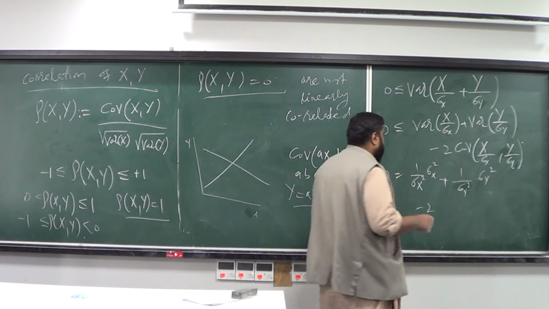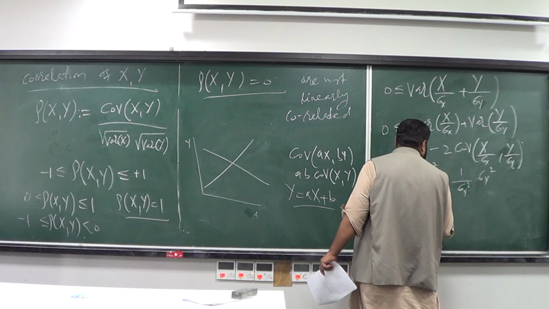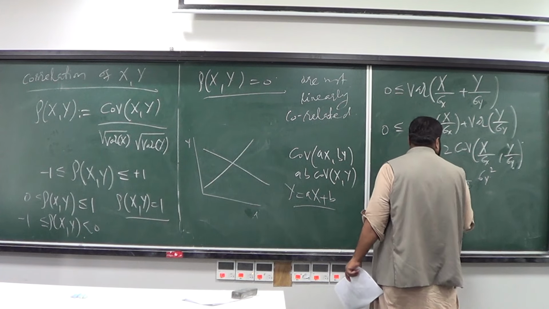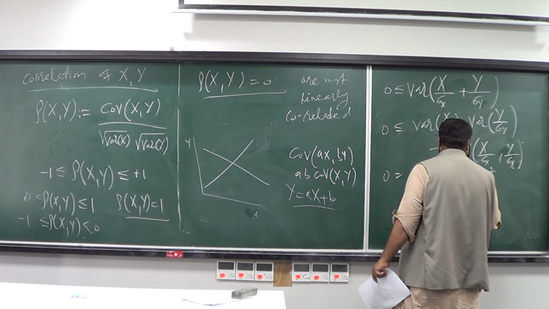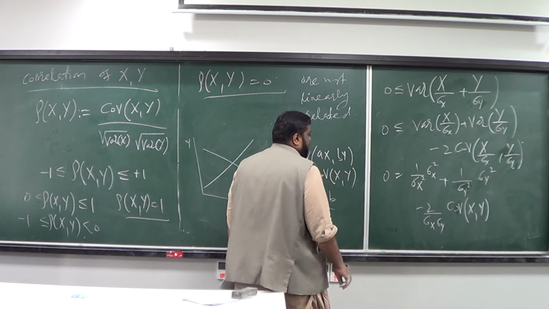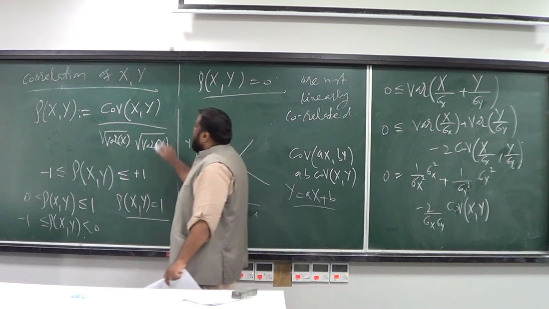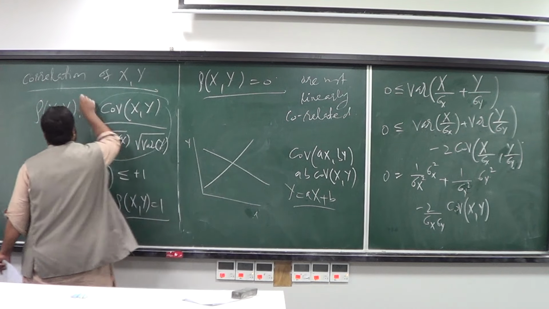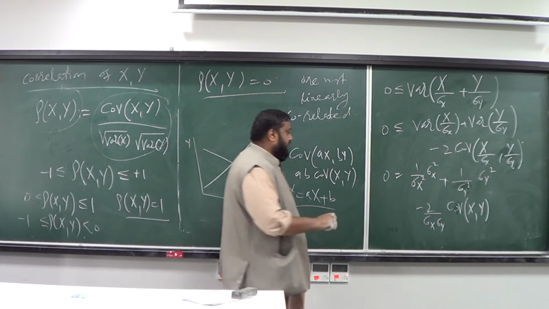So you're going to have minus twice, divided by sigma x and sigma y, times the covariance of xy. But the covariance of xy divided by sigma x and sigma y is really the precise definition of the correlation. So this means that